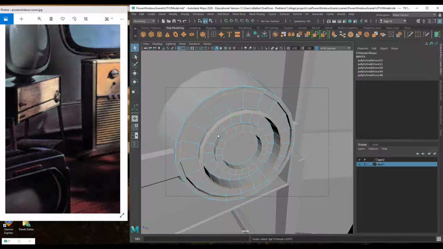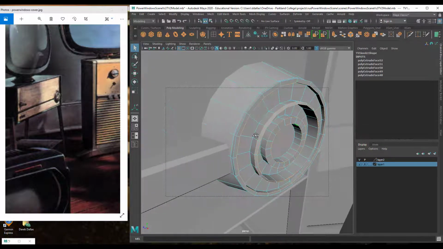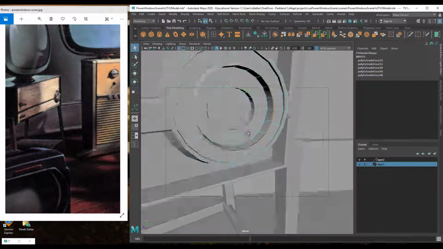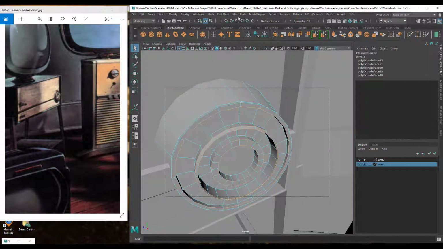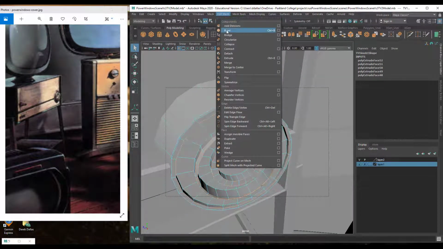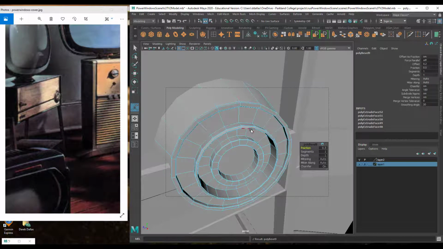But these could all have bevels on them. If I put in a bevel on all those, I just get a little extra geometry that allows me to capture light. Alright,